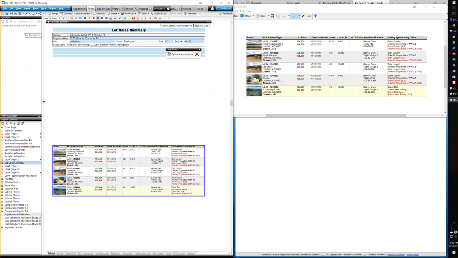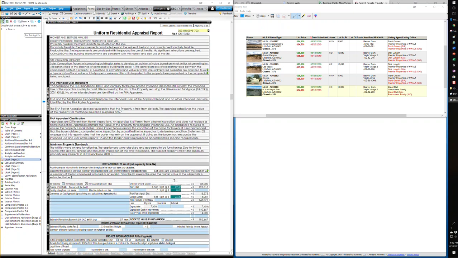But what it does is give me support for my site value, which in this case suggests it's maybe a little lower than what I had done on my ratio method. So I'm going to come down to page 3, and I'm going to say that based on my sales, the value of the land is $26,000. I can plug that number in here, and I've completed my